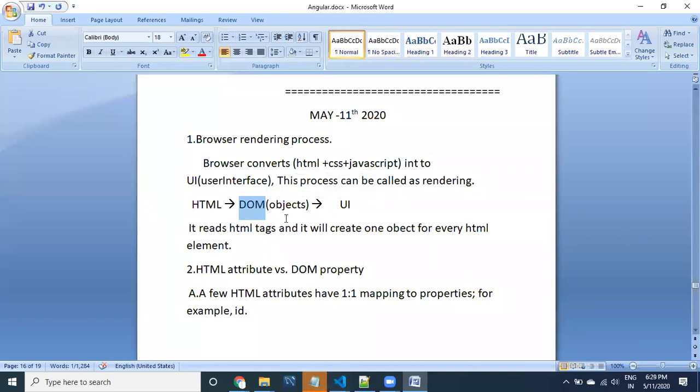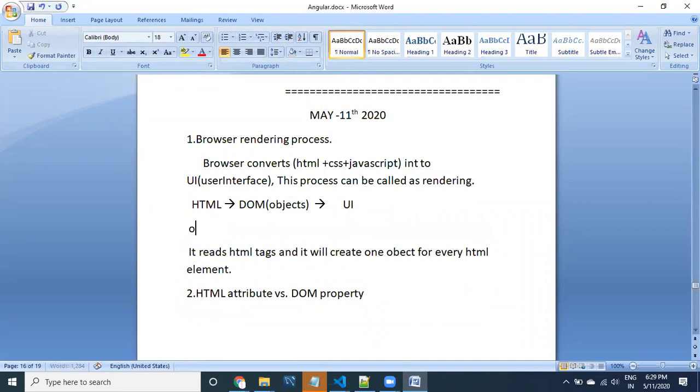The browser takes this DOM object and creates the UI part. This is what happens internally. And inside the DOM there is a tree structure. It maintains all objects in the form of a tree structure, with objects arranged in the DOM.